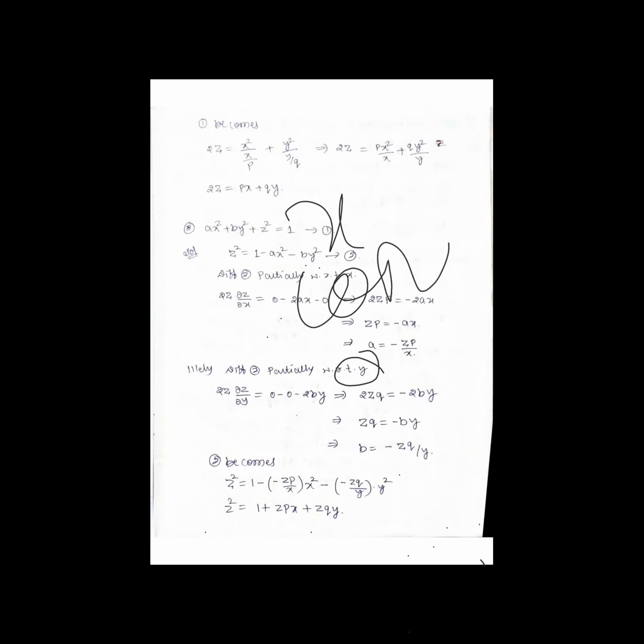Next, similarly, I have to differentiate with respect to y. With respect to y, in the sense x is acting as a constant; except y, the remaining variables are constant here. So z square differentiation is 2z dou z by dou y. Minus, a is constant, x square is constant, so this is 0. Differentiation of minus b y square, y square is 2y, so minus 2by.